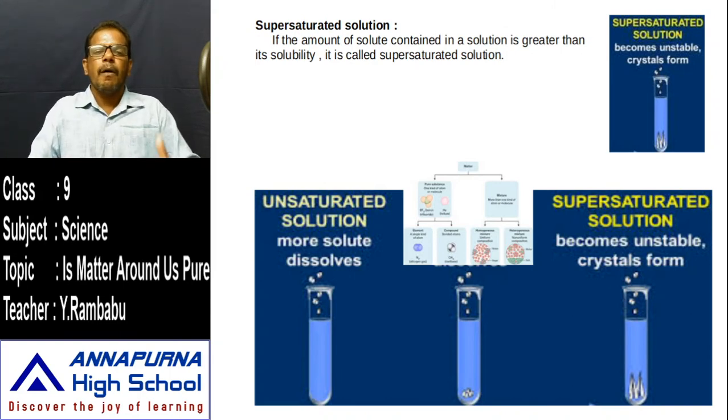After all 6 sweets are taken by you, you go for a walk and playing, and immediately you come back and ask your mother, give me some more food. That means it has already been digested, and you need some more. Which stage are you in? Supersaturated stage. Like that, these solutions are called supersaturated solutions.